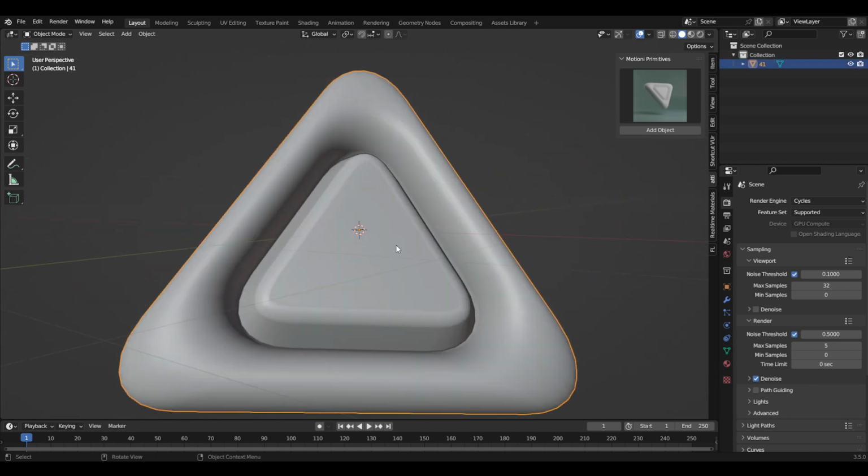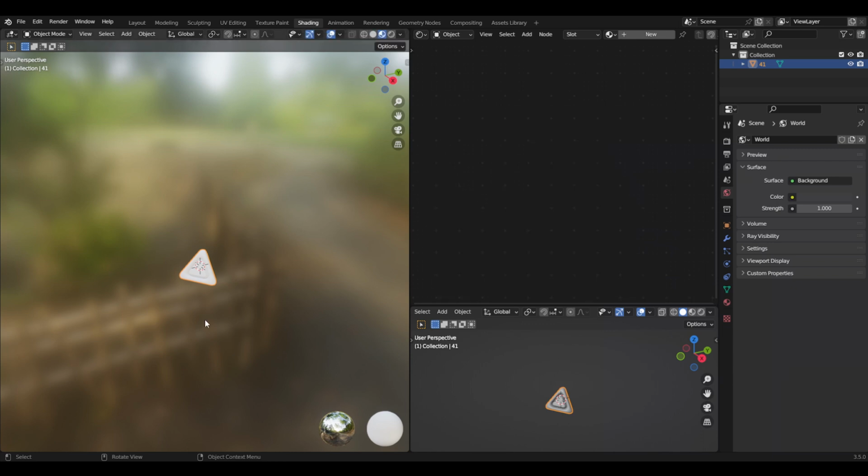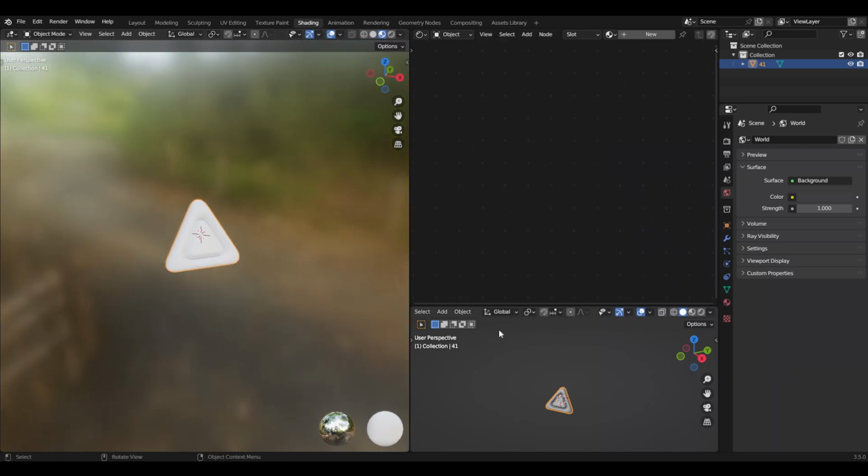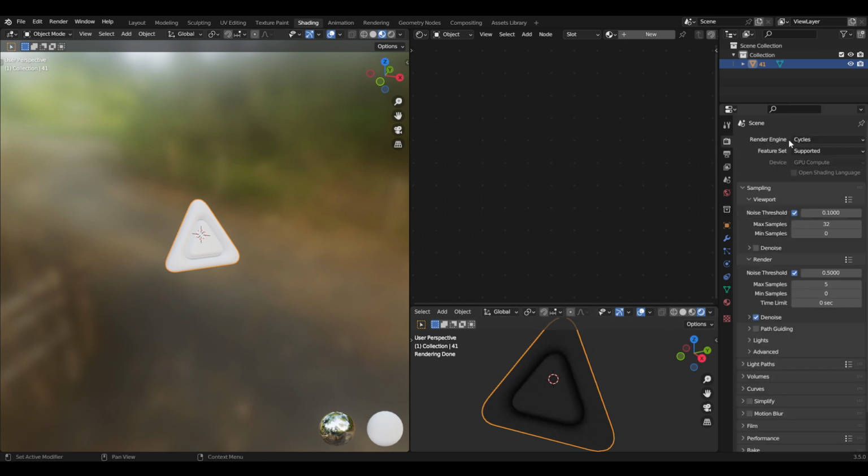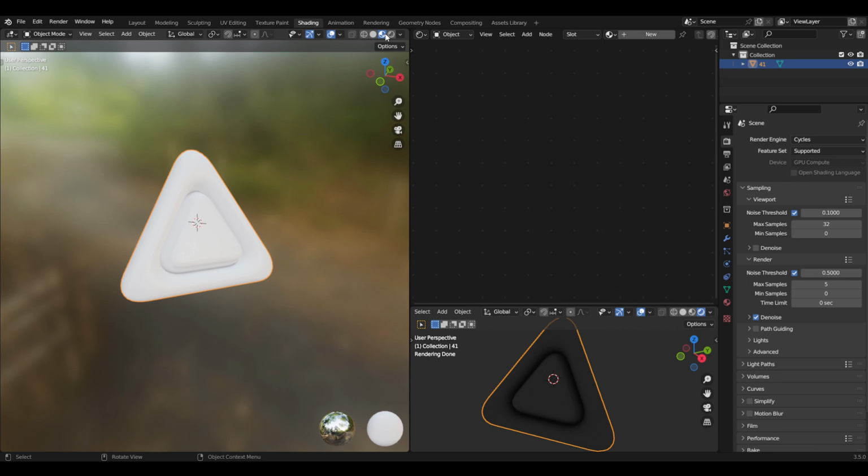And I'll come up here to shading, and I'll start the material. So just so you understand my layout, I will put this one at cycles. So I'll change this to cycles and come here like this, and then this one will be to project view,